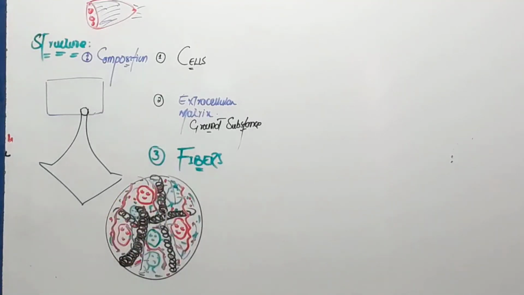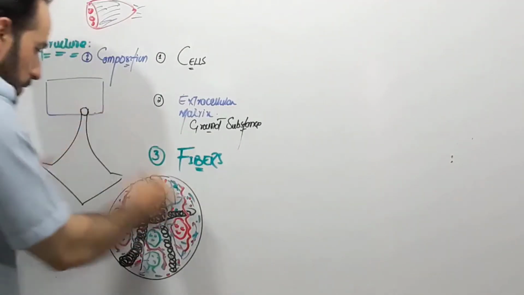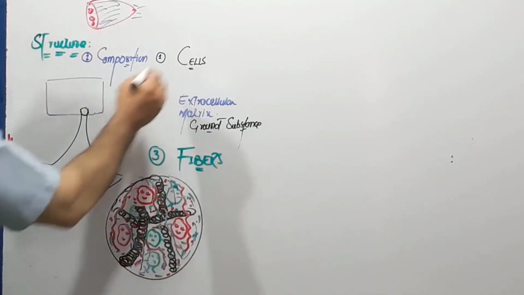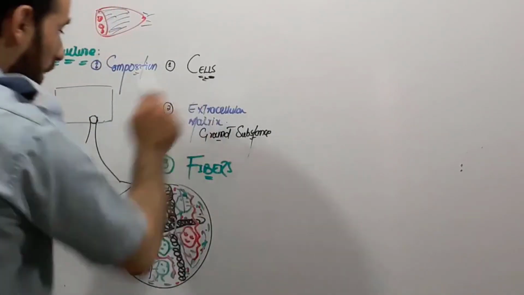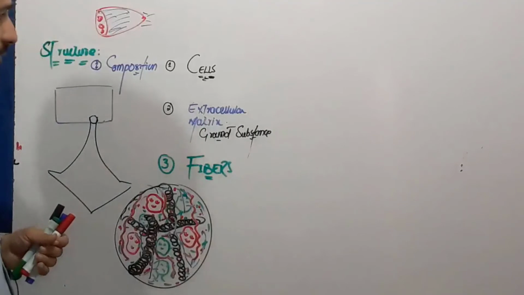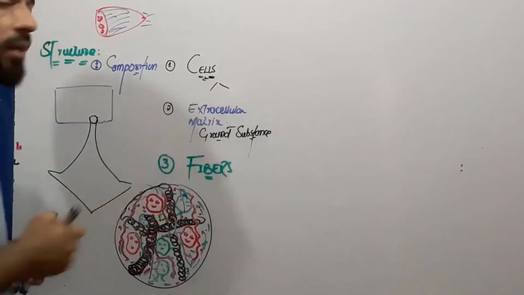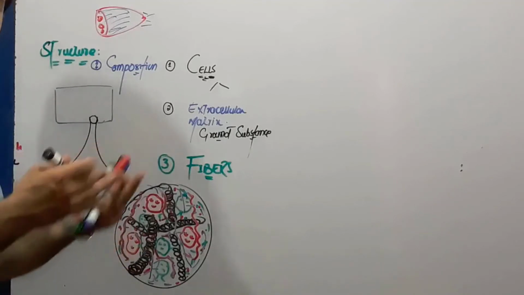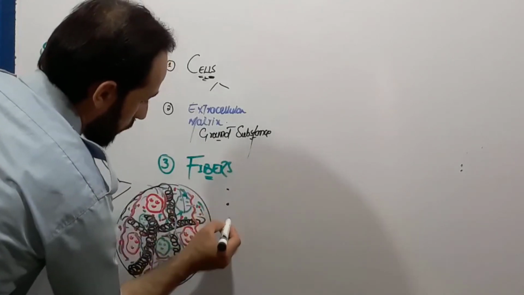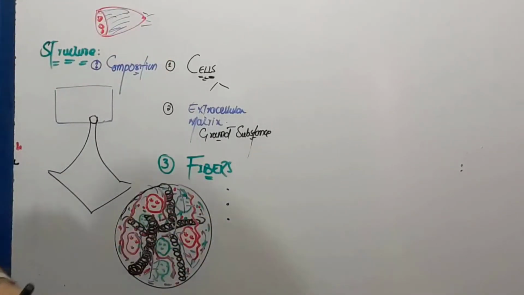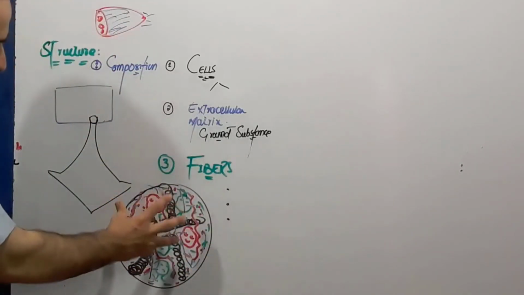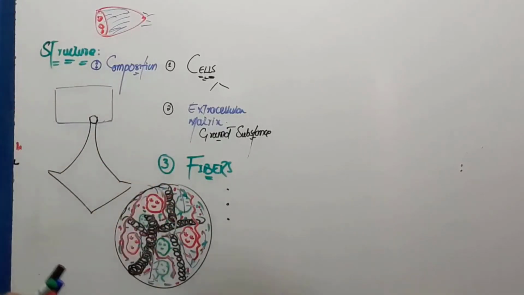So this is a piece of connective tissue, and this small piece which we have enlarged here is composed of how many components? 3 components. The first component is cells, and we will see how many types of cells there are, and different types of connective tissues have different types of cells, right? Majorly there are 2 types of cells that I will discuss later, the permanent residents and the transient cells. Then there is the extracellular matrix, and then there are fibers. So how many types of fibers? 3 types of fibers are found, which you saw in this diagram. So this is a very small piece of connective tissue which we have enlarged, and we have shown the simplest composition of this connective tissue.